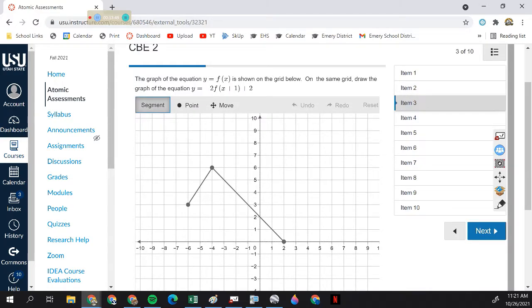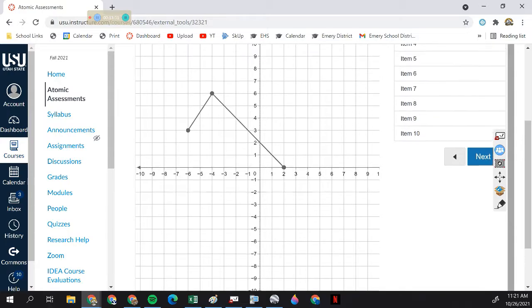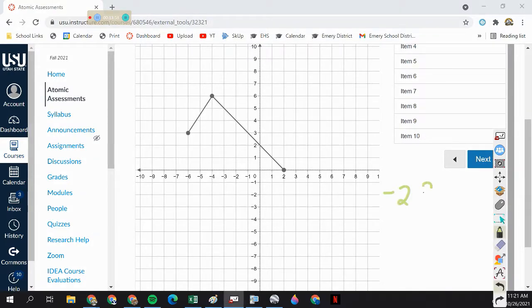Negative 2, f of x plus 1 plus 2. All right, we have to start on the inside. What does that do? Left 1. So every point goes left 1. Okay? What does that do? Upside down and